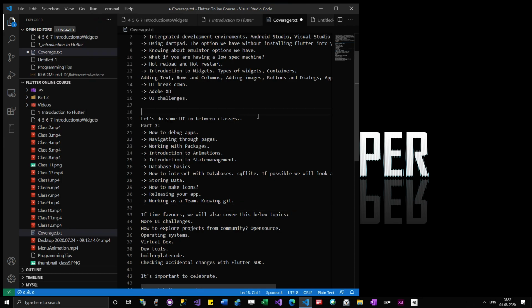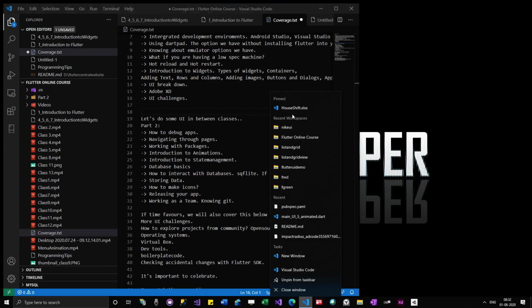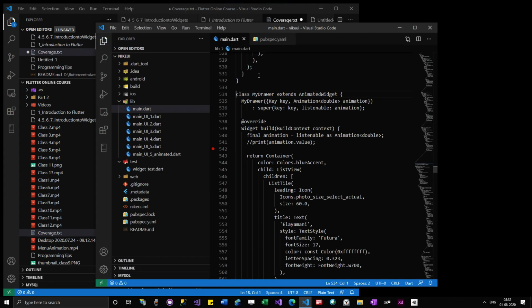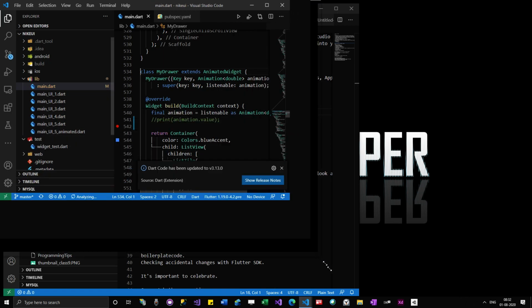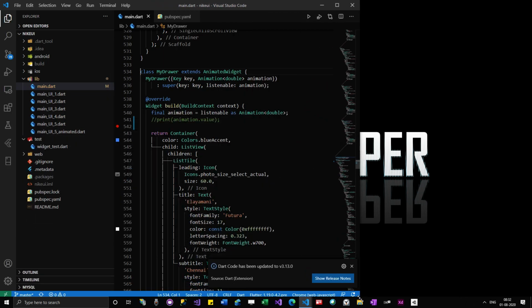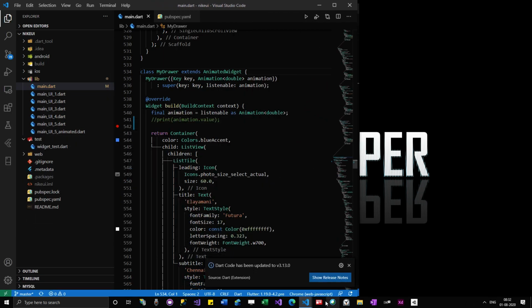The next option is DevTools. In my previous classes I showed you DevTools, right? When you are running your app, it shows you an icon which you can click to debug your apps. It will open DevTools in a web browser, and from there you can debug your apps.